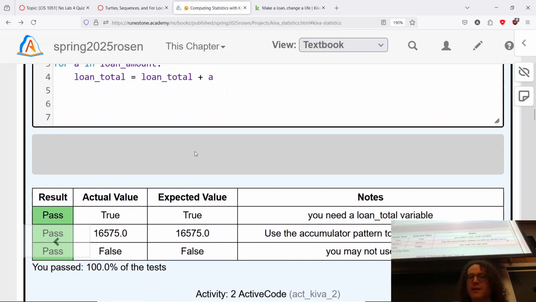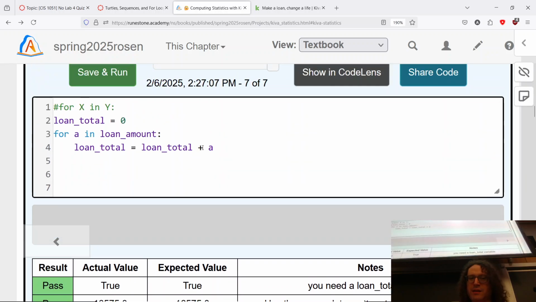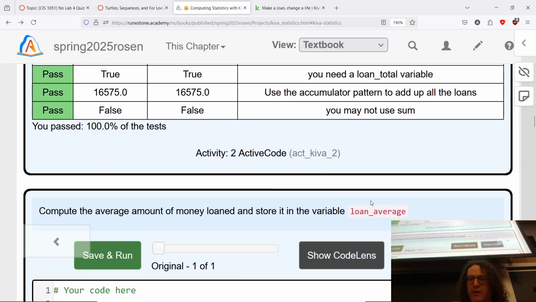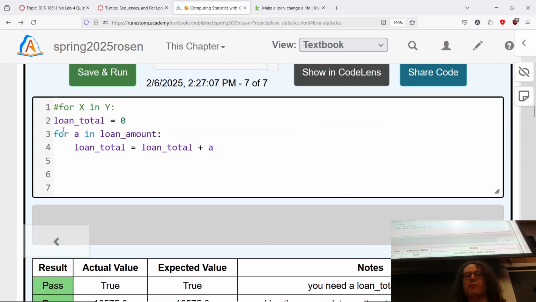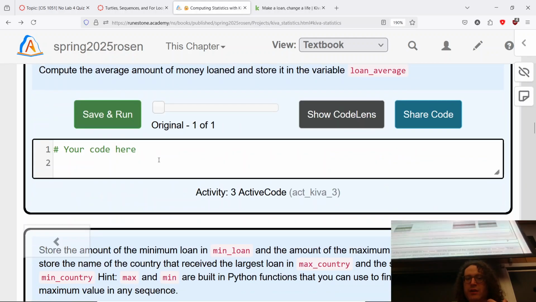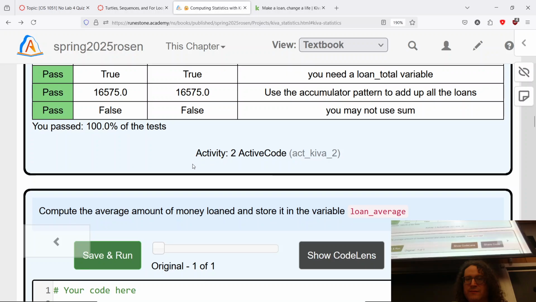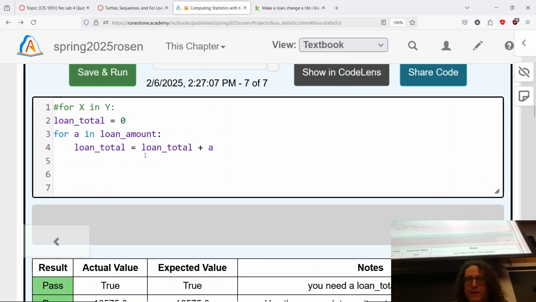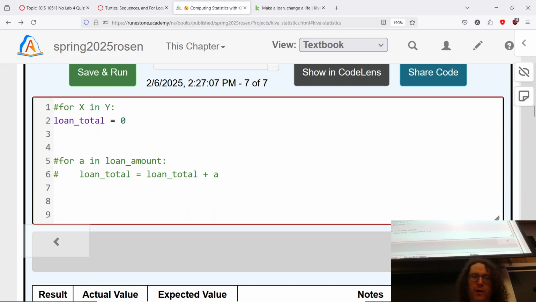Okay. The next step is to use that to calculate the average. But I do want to say that there's more than one way to do this before I go on. The other thing you can do is you can individually go index by index. And this is how you might do it if you're coming from a previous programming language. You might go for I in range